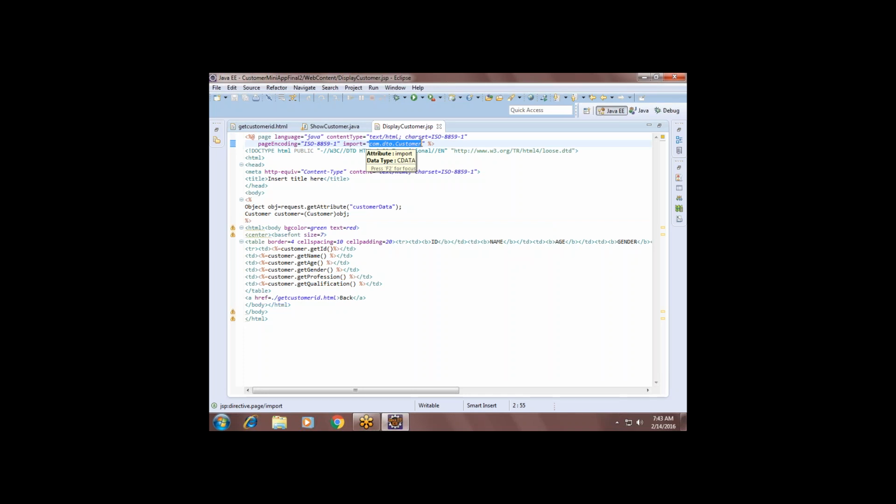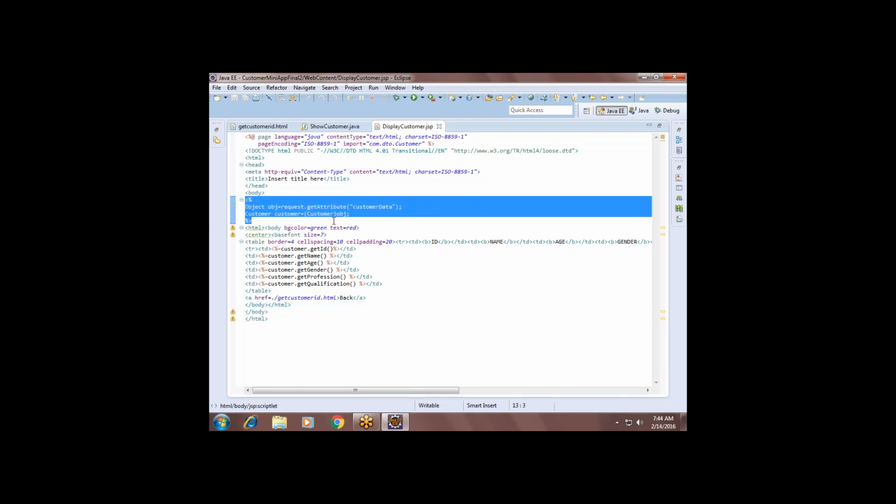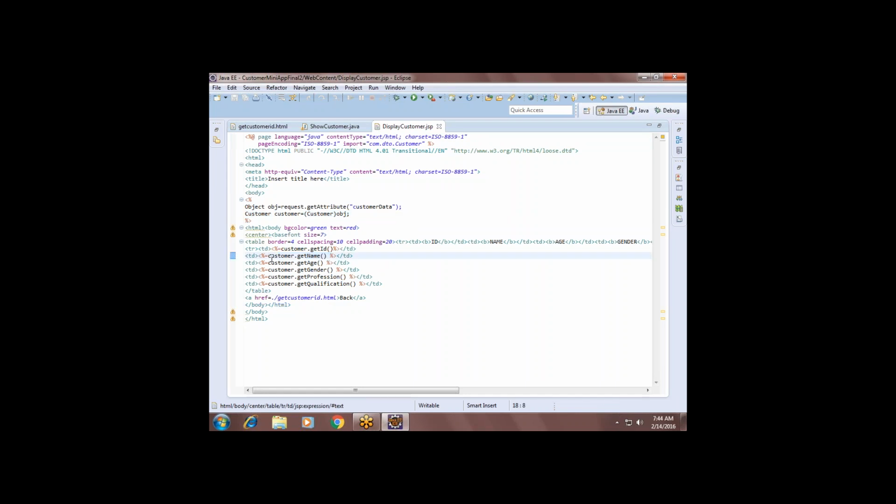If you don't import, you will get an error here, you see. Are you getting an error or not? Yes. Why? Because customer is unknown for this JSP. So now you import the package. Here, this is the part where you can use the import packages. Util, whatever you want, you can import here. And this is the line where you are receiving, and after receiving the data into customer, you use the getter method. And how are you printing into the table data, you are using another tag called expression tag.